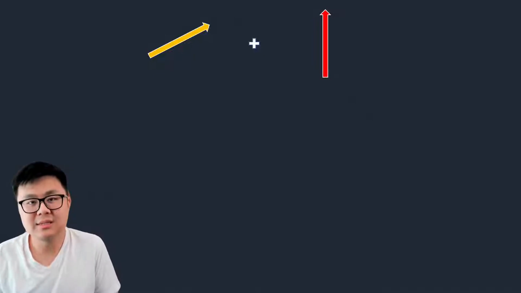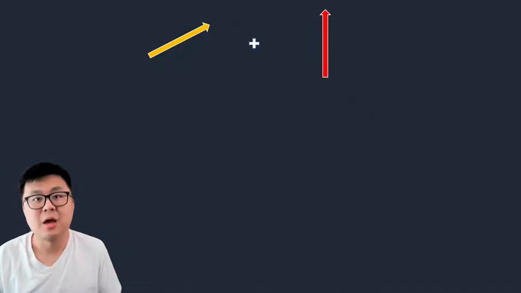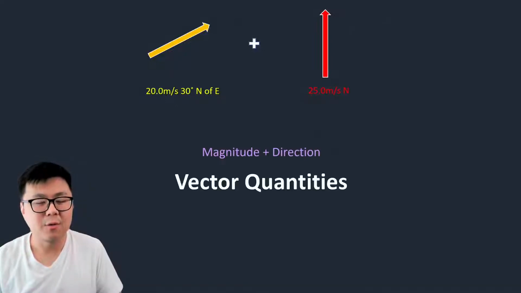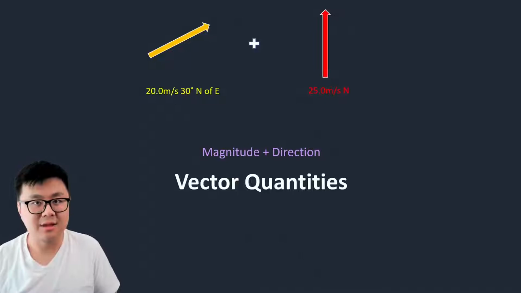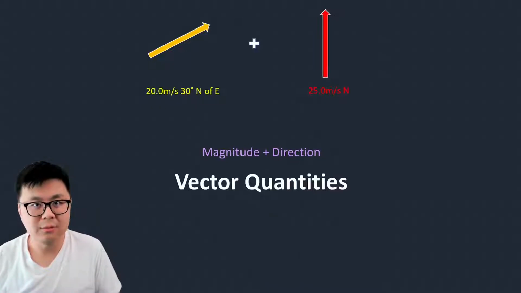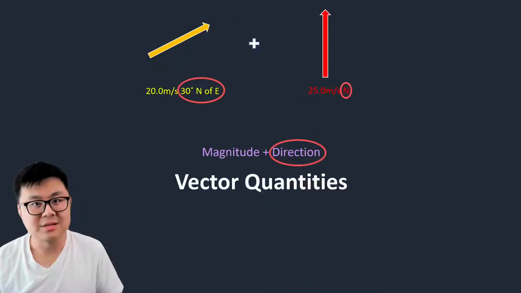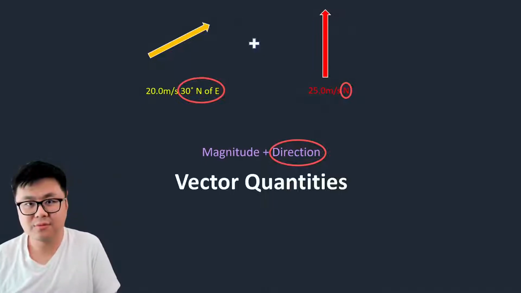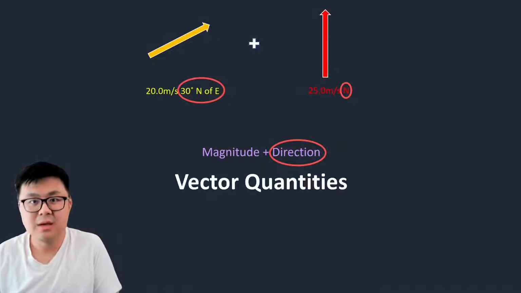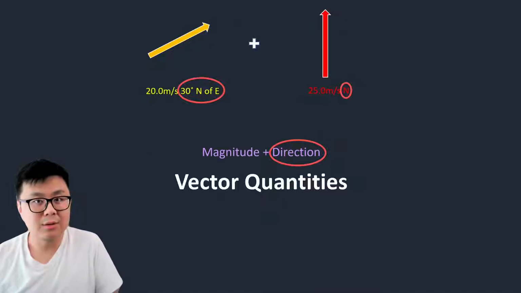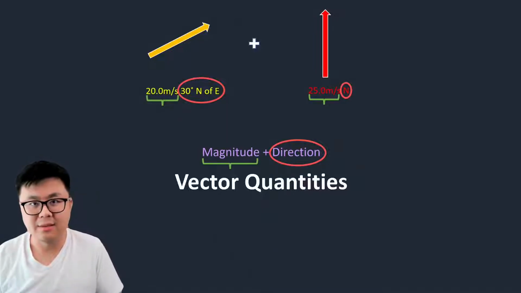You will mostly deal with adding or subtracting vectors when they give you numerical values instead. Recall that vector quantities include both magnitude and directional components. Well, that's both covered when they give you these numerical numbers. The direction part is covered in the 30 degrees north of east for the yellow vector and the north for the red vector. That's the direction. The magnitude is covered in the actual velocities. Remember, not speeds, because speed is a scalar, but in the numerical velocities of the yellow and the red vectors